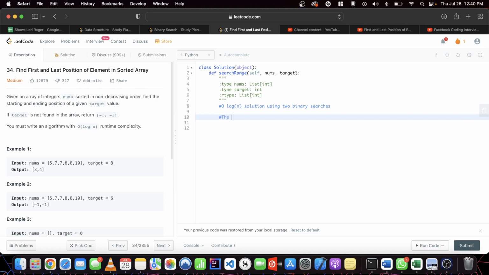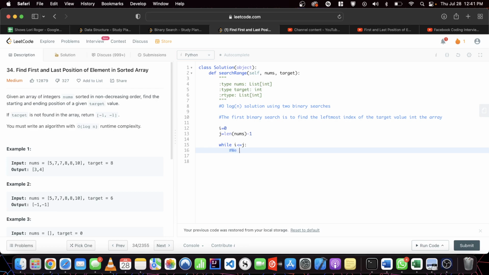The first binary search is to find the leftmost index of the target value in the array. So how do we do it? We have two pointers: i is equal to 0, j is equal to length of nums minus 1. While i is less than or equal to j,